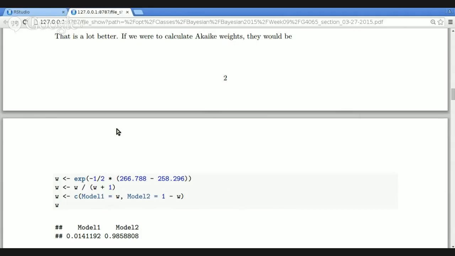The other piece of this is just going to be 258 minus 258, because that's the same model. So e to the 0 is 1. And so you can normalize this by dividing by w plus 1 in this case, because there's only two models. And then we can get the weights implied just from w and 1 minus w. And that basically tells us that we have 98.6 probability that the second model is going to be predicting out